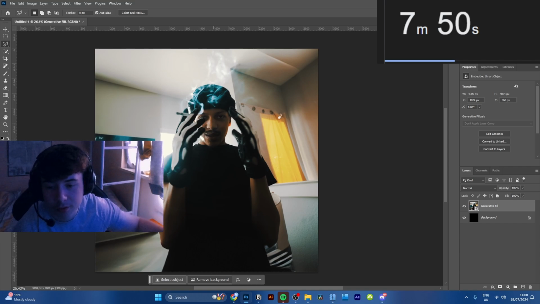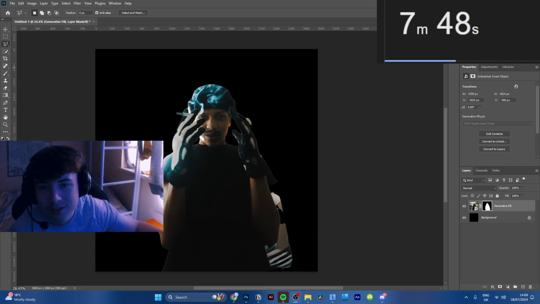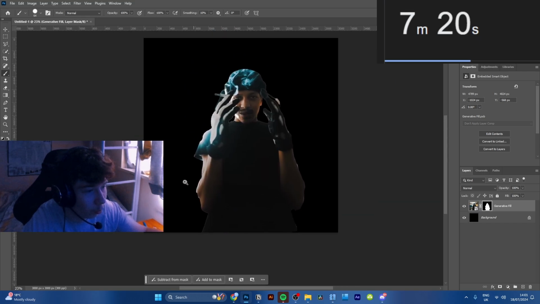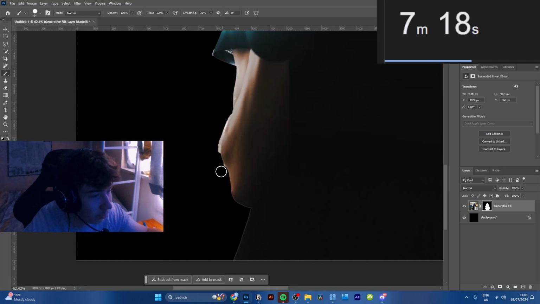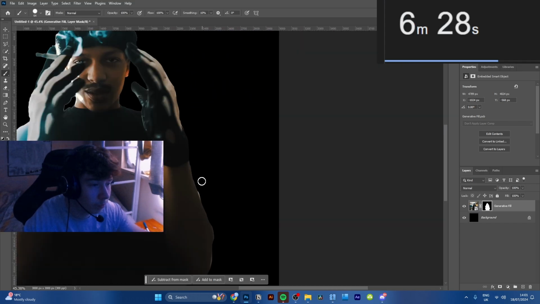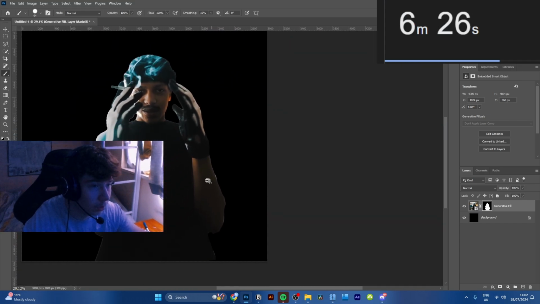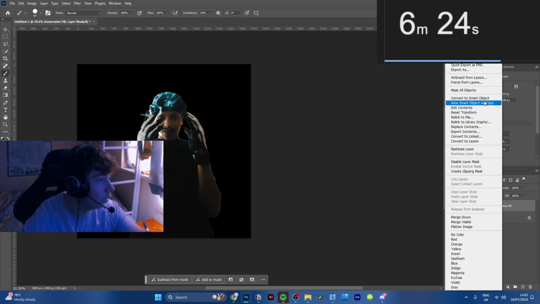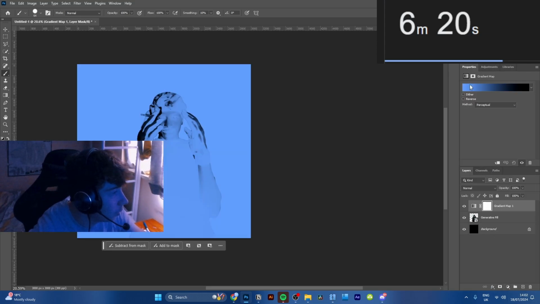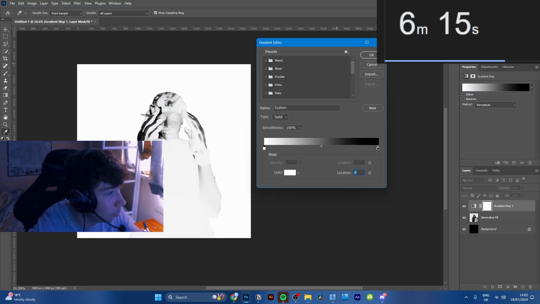How long do we have left? Oh shit. 7 minutes. So yeah, I probably should have upscaled it, not gonna lie, but I'm not trying to kill my PC. Like that was an 11,000 pixel upscale. That should be good. Let me convert this to a smart object. Gradient map, black and white. Reverse,